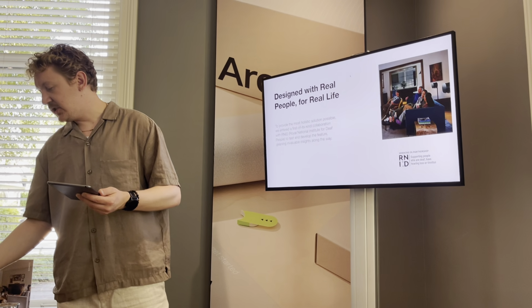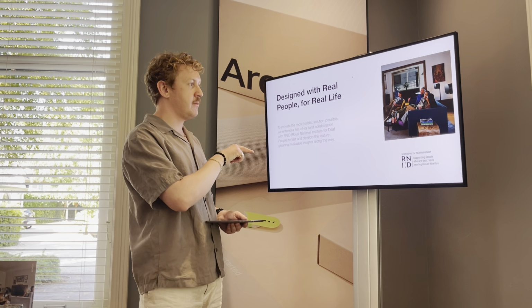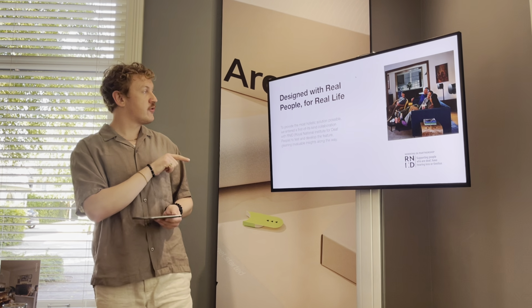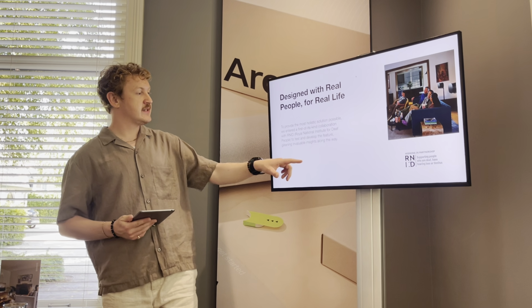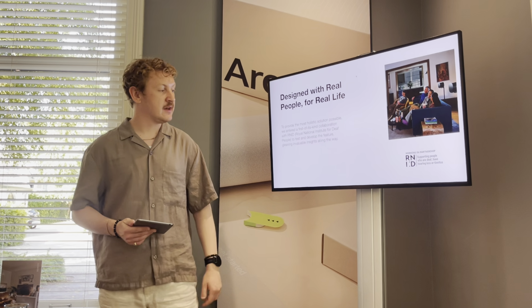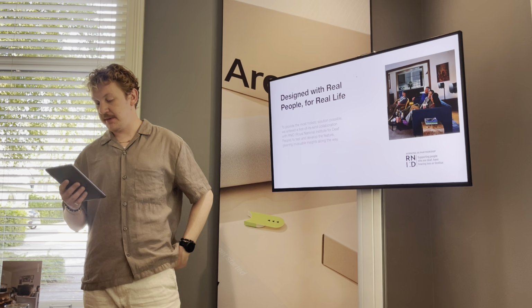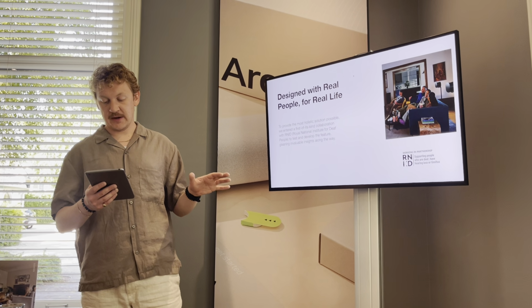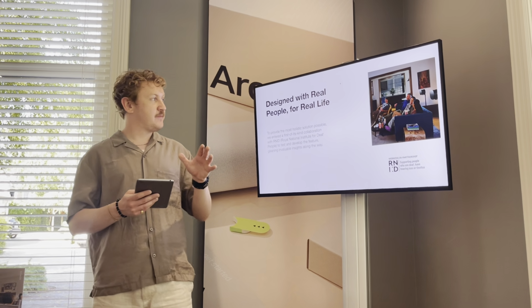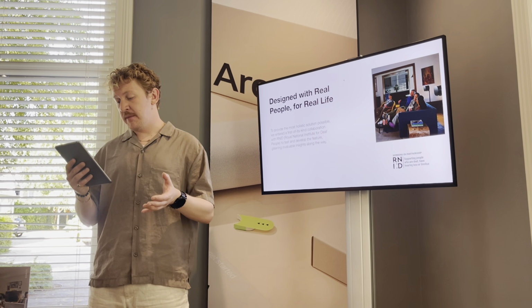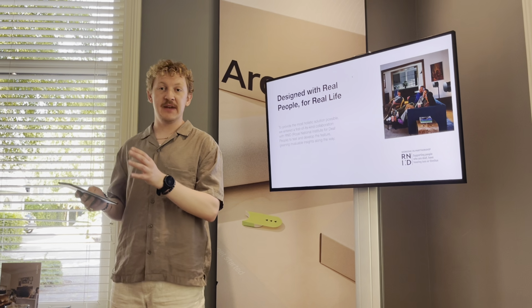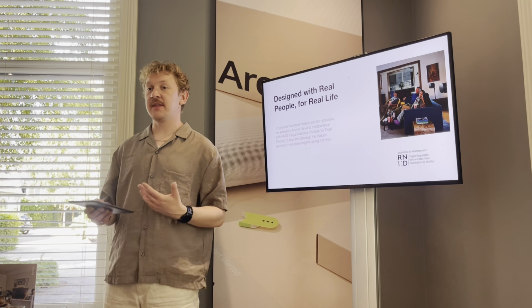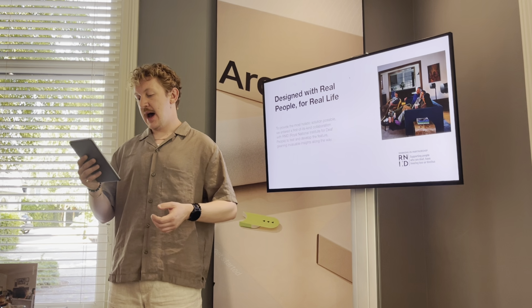So earlier I mentioned some work in the hearing loss space, and we worked incredibly closely with this organisation here, which is the RNID, the Royal National Institute for Deaf People. They're experts in the field of hearing loss, and they have this huge pool of people who we were really able to lean on and do listening experiments with when we were developing the feature. Was it doing the right thing? Was it solving the problem?